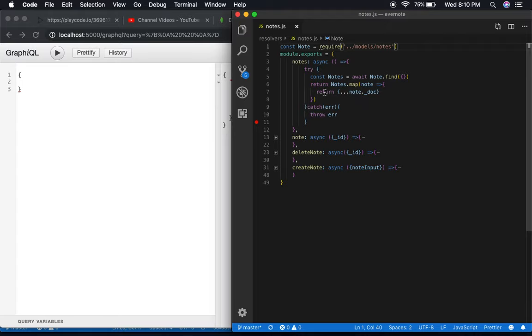Okay, so we're getting the notes right here. We're returning it, but we also want to return the user creator. Okay, so we're going to do user. We're going to name it. This is what we're naming it. Okay, we're naming it user creator, and then this field, or property I should say, is going to have the value of the ID of the user that created it. Okay, so in order to get that user ID,